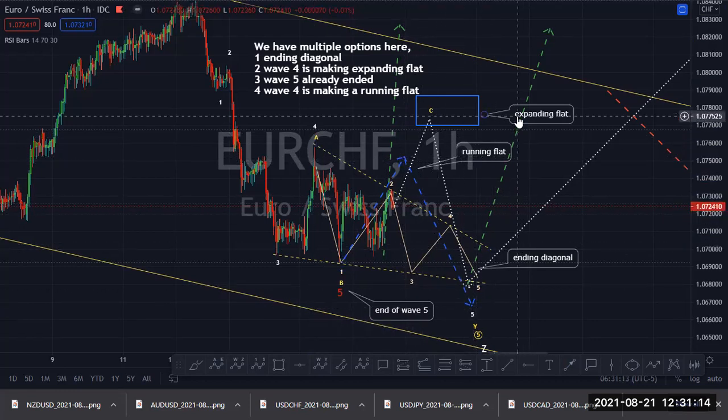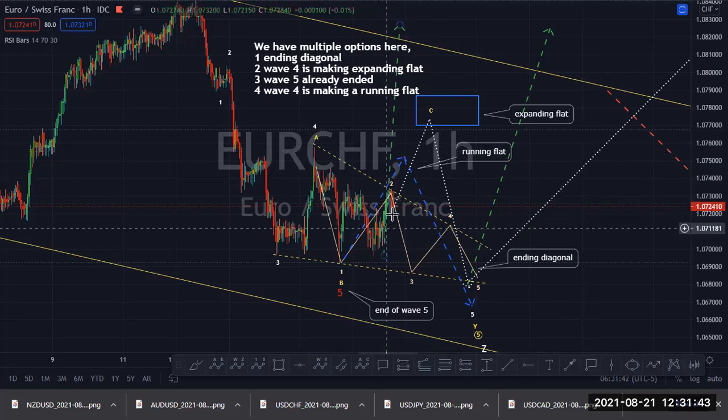So 4 options. How do you trade this? If you don't have experience, just watch the video to know which one will take place. In these 4 options, you keep watching. If I get any diagonal, better, because from here we will buy. If it's an expanding flat, then the market will go to this place. We sell from here.